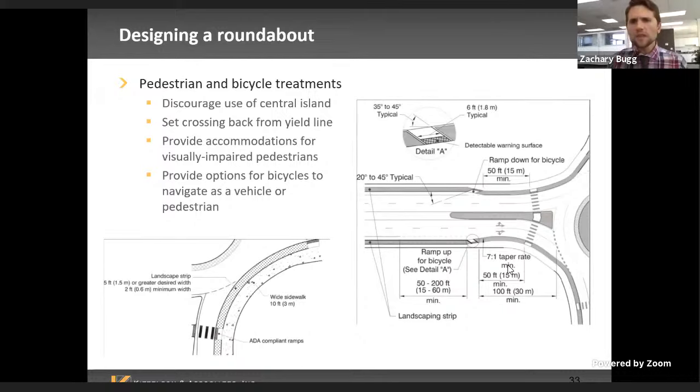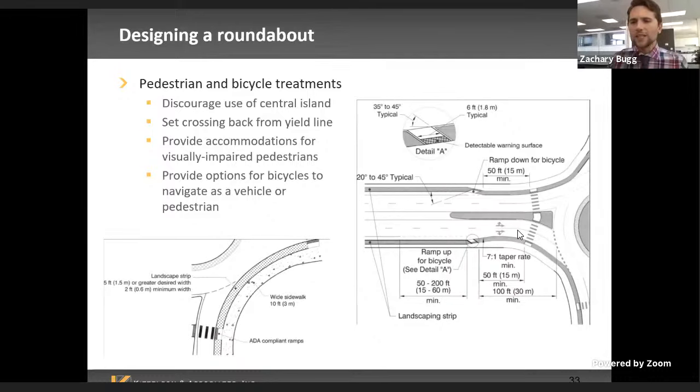This image on the right is just one example of bicycle facility design at roundabouts. The biggest thing here is you don't want to carry a bike lane through the circle. The reason for that is, if you're thinking about drivers who are coming up in vehicles, they're looking to their left for conflicting traffic in the roundabout. They're not looking over their right shoulder for a cyclist that might be in the roundabout overtaking on the right.